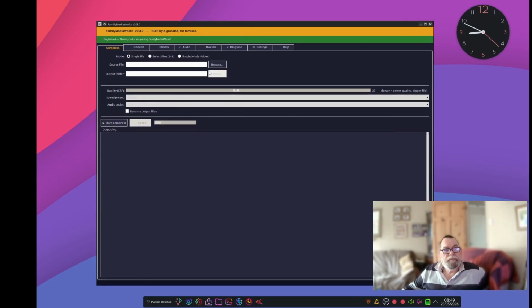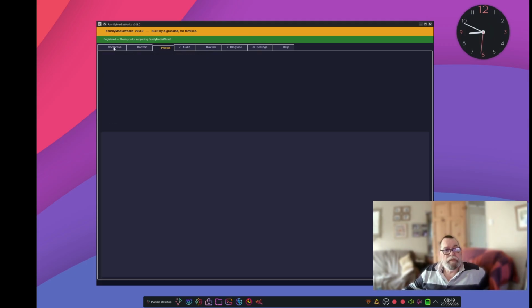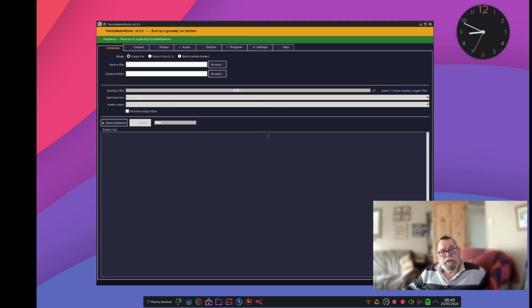It's for your video files, your photographs, audio files. You can do lots of stuff within it anyway. The reason I'm showing it to you now is because I just synced. Let's get that on there so that it works. I've just synced with